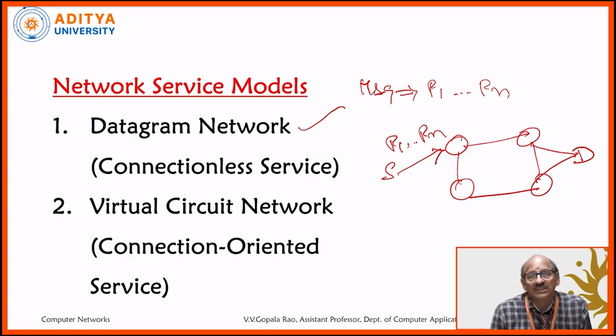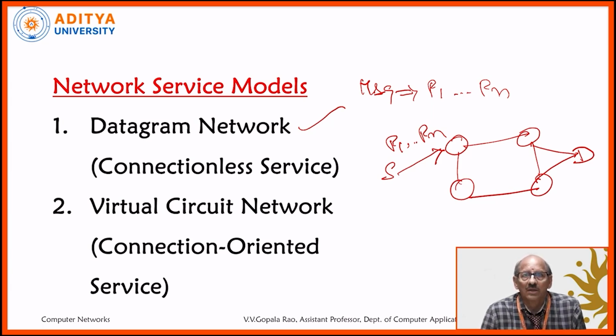Depending on the suggestion that is made by the router, every packet will individually or independently go in a different path, and finally their destination is D. Finally they will be collected at the destination D. So, this is the way the packets can travel in the network, and this is actually referred to here as